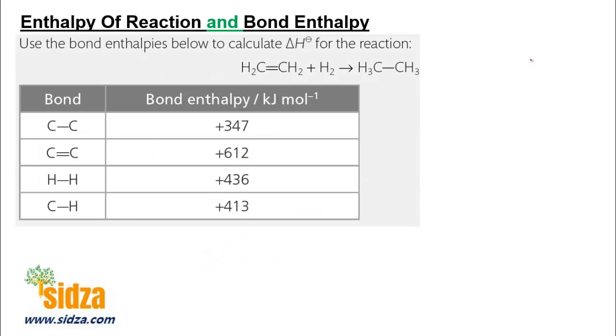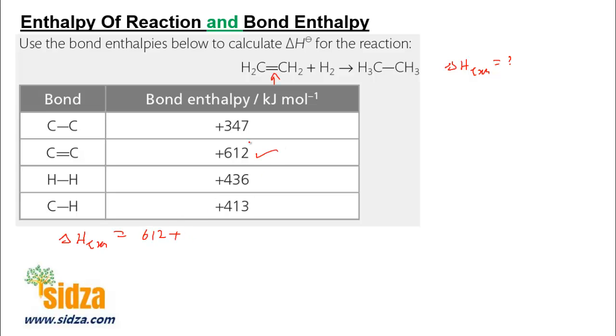Let's take another example here. In this case, we have an ethene molecule that reacts with hydrogen and you get ethane. So what will be the enthalpy of the reaction here? Again, you can find it from the bond energy of all the reactants and the bond energy of all the products. Now here in the reactants, we have a carbon-carbon double bond. So I can write down here the enthalpy of a reaction will be equal to the bond energy of the reactants, and in the reactants you have 1 carbon-carbon double bond, and the bond energy is 612,